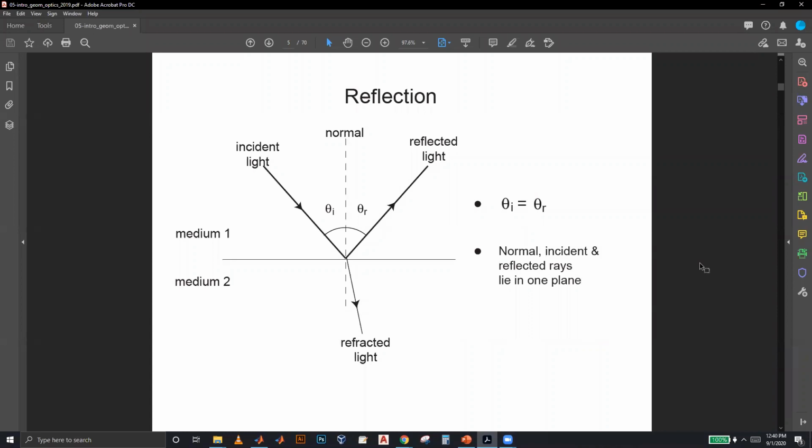Okay, so now we come to the two primary phenomena associated with optical systems. The first one is reflection. You can think of reflection from any surface. Mirrors definitely come to mind, and I think we have all learned this equation in high school. So if you have incident light, defined as a ray coming in,